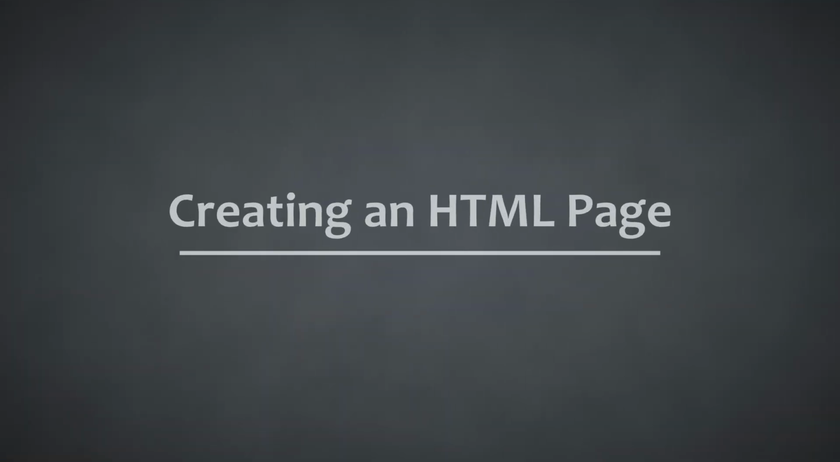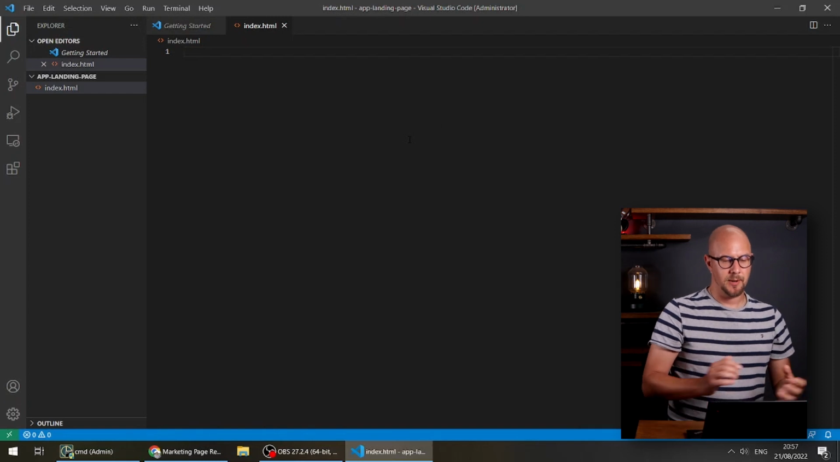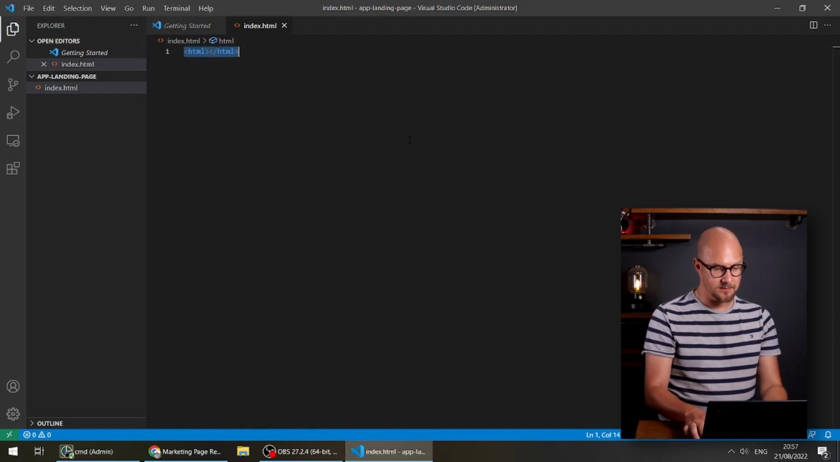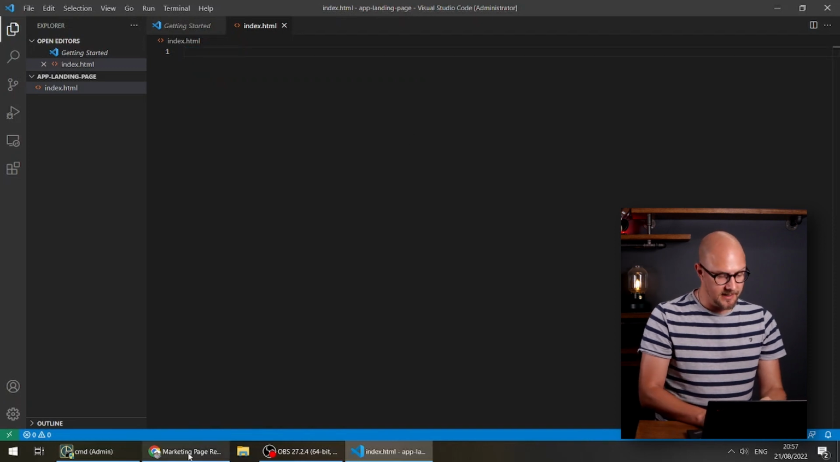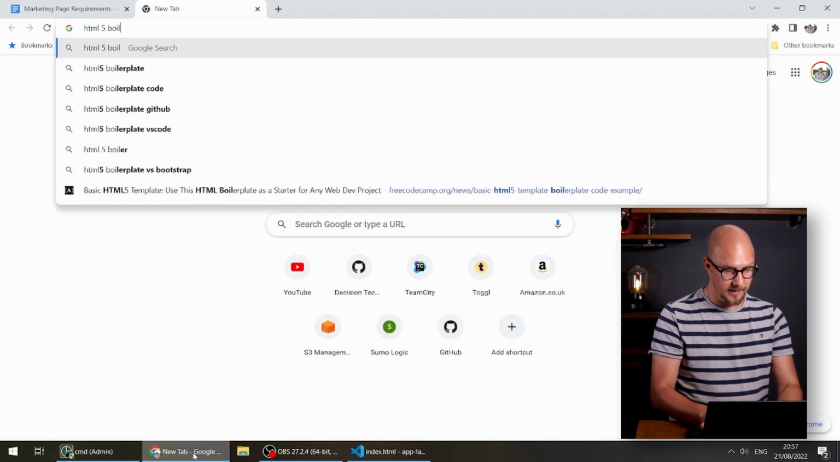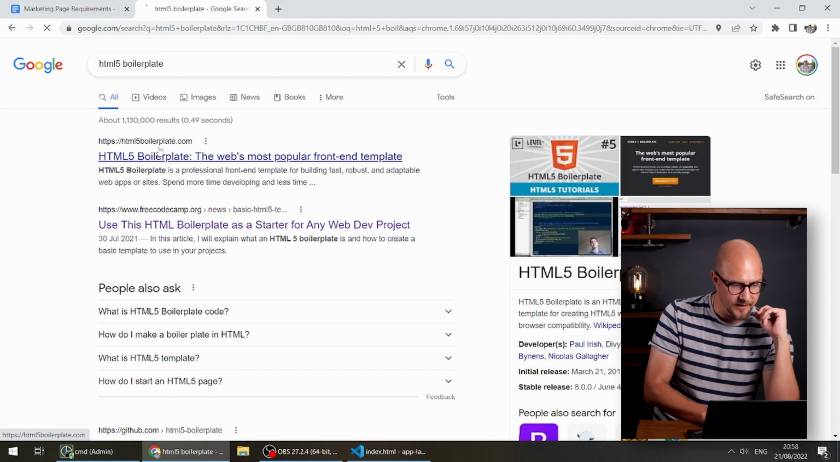So to create a new HTML page, just simply create a new file somewhere and call it index.html. Now we're going to want some boilerplate in there, things like the HTML tag and the body tag and all that sort of stuff. The quickest way to do this is to just go on the internet and Google for HTML5 boilerplate. There we go. And we'll take, here you go,